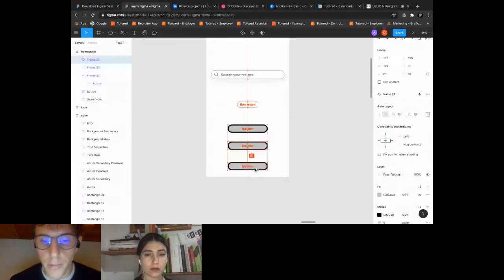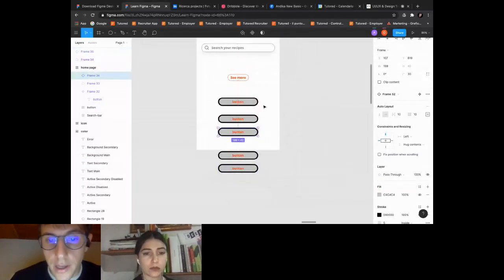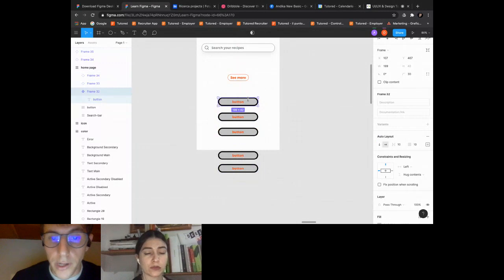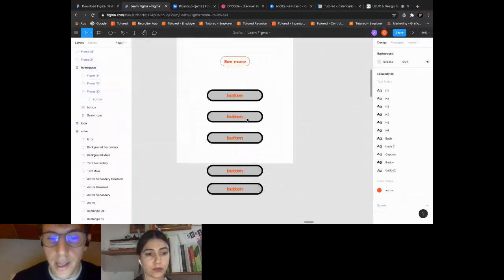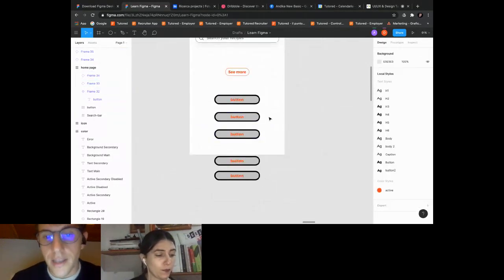So we can use this button every time. Every time I duplicate the component, I don't duplicate the component, but I create an instance. Instance is like a son of the component.